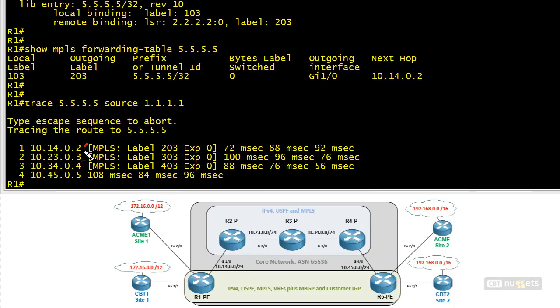Now the actual path, R2, R3, R4, R5, hasn't changed, but the manner by which these packets were forwarded has changed. We actually use the LSP, the label switching path. So the packet on the way to R2 had the label of 203 imposed on it by R1. R2, when it received that, swapped it out, put on label 303, and sent it over to R3. R3, when it received label 303, swapped out 303 and put 403, sent it over to R4,